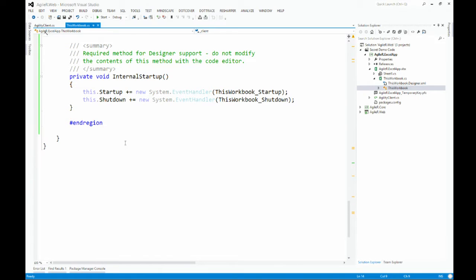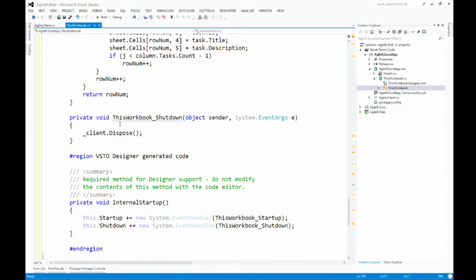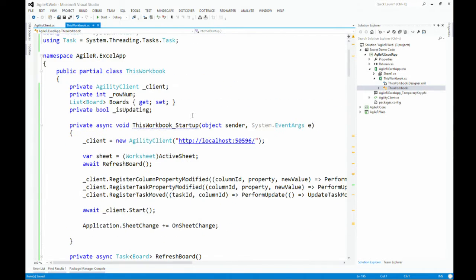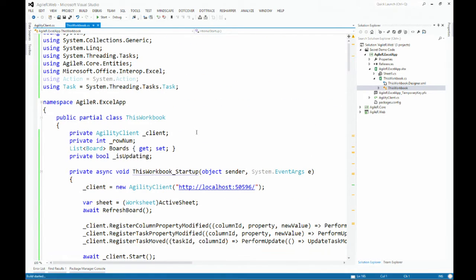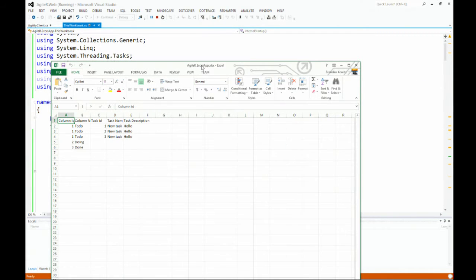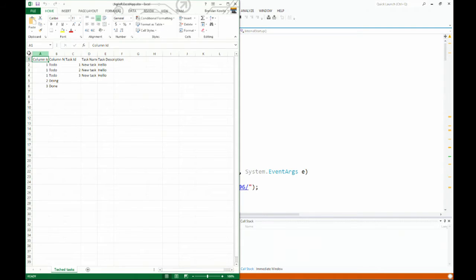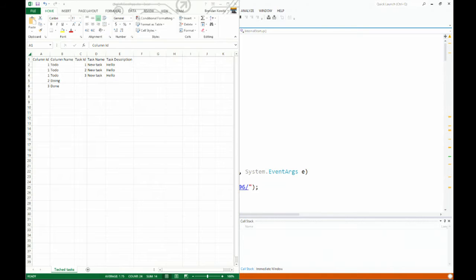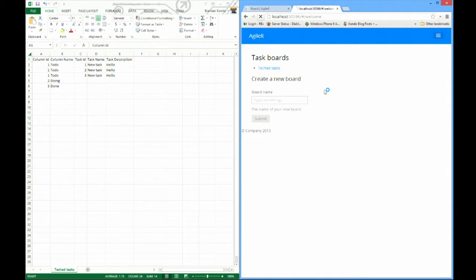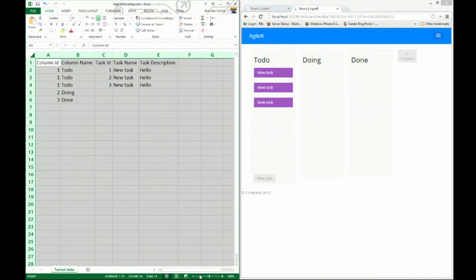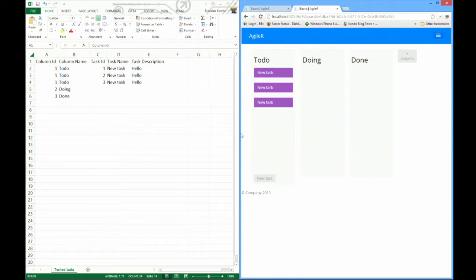Okay, so the same thing in the Excel workbook. I'm just going to paste in a little bit more advanced code, a few more if statements in Excel. Maybe not the nicest Excel add-in you've seen, but I'm sure we can refactor that. Okay, so now I should have the ability to update Excel whenever I drag and drop something on the web UI. So that's what I'm looking for. Here we go. So refresh that, reset the state. Okay, into TechEd tasks. I'm going to zoom in so we don't miss it this time. Pretty exciting. Okay. Here we go.